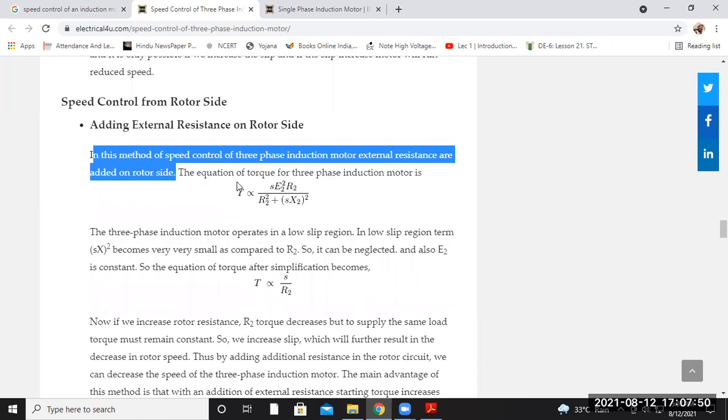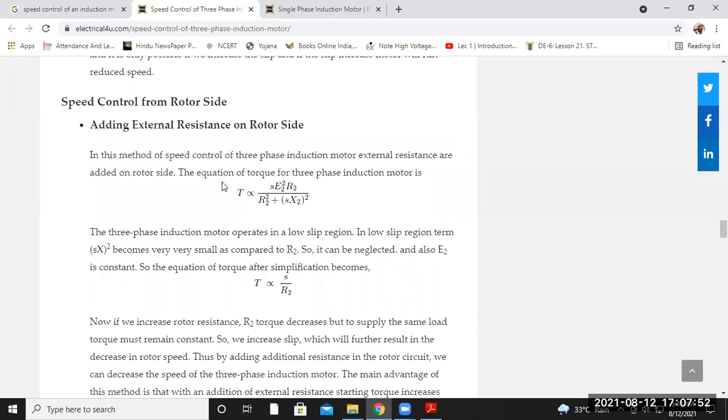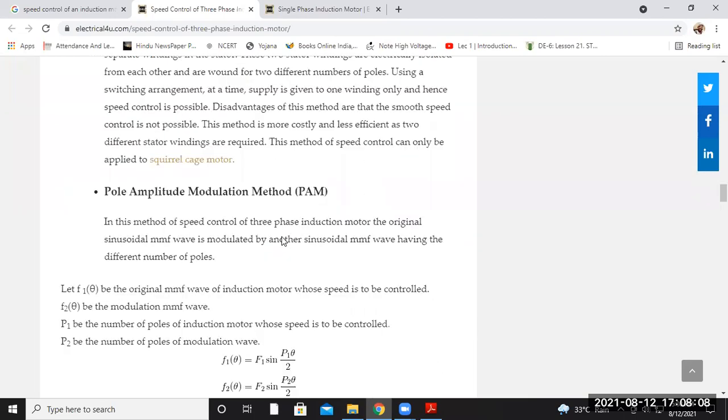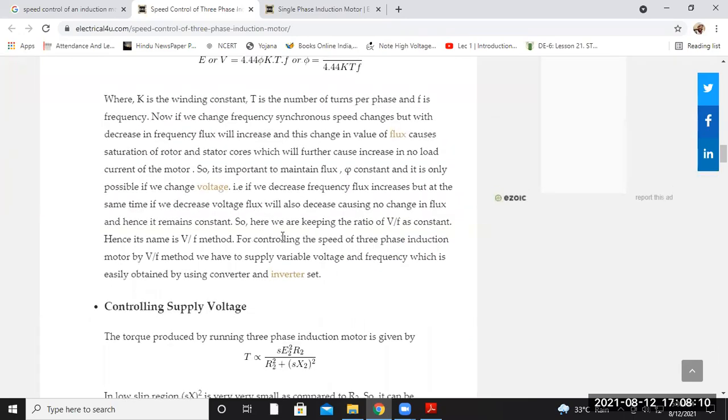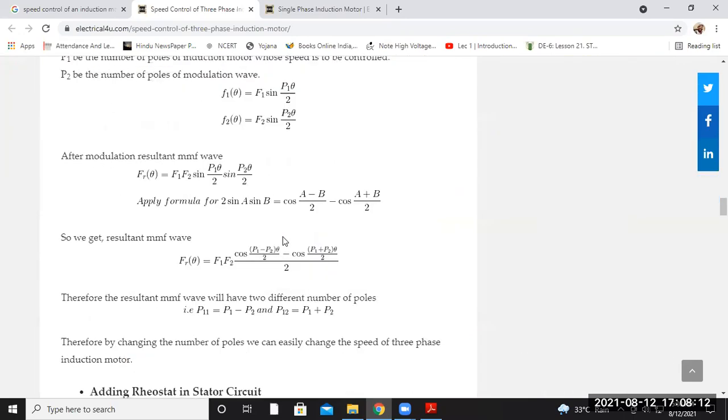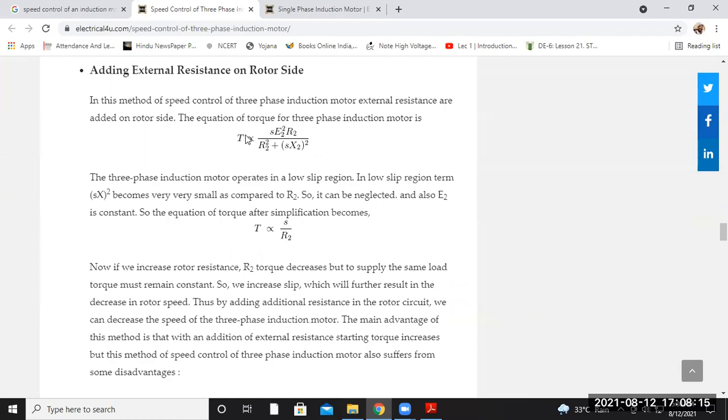Now the equation of the torque of the induction machine is given by this equation. Torque is directly proportional to S E2 square R2 upon R2 square plus (S X2) whole square. If you replace this proportionality constant with the equivalent sign, then it will become 3 upon 2 pi Ns. In the previous class, I have told you, if you replace this